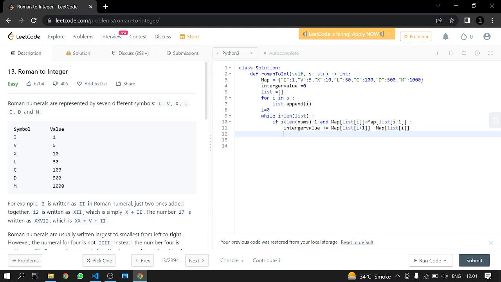Now we'll be incrementing i by 2, because we checked two indices here,